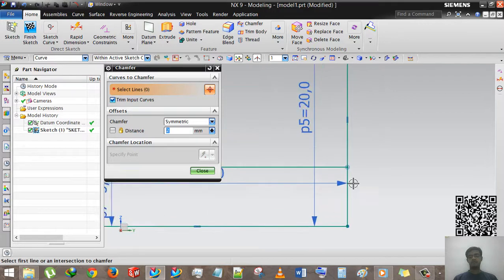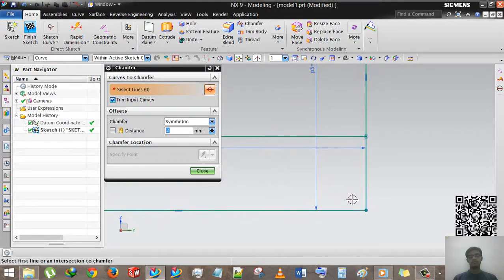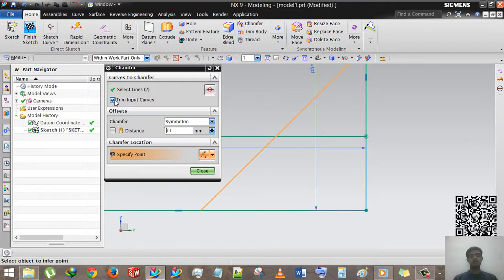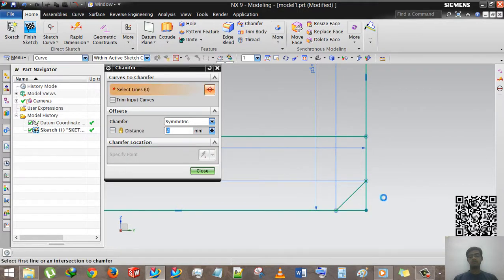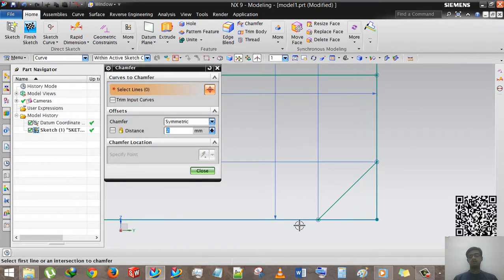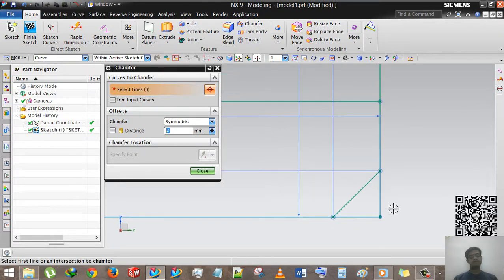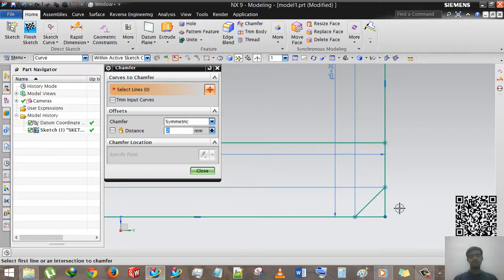Now we are putting a chamfer at this corner, and we turn off the trim inputs command and then enter 2. You see that now the line is not breaking. So I hope you understand what trim input curves does.